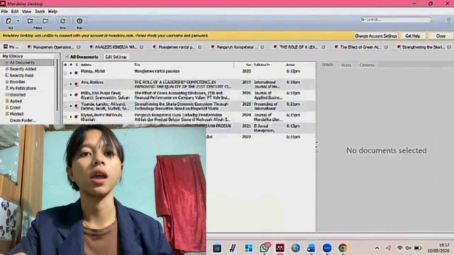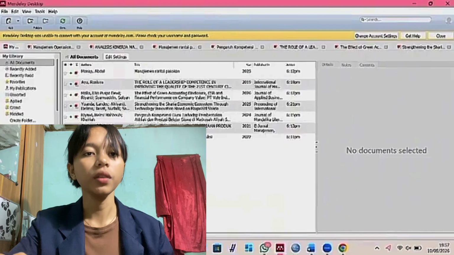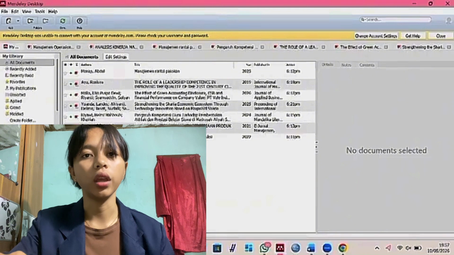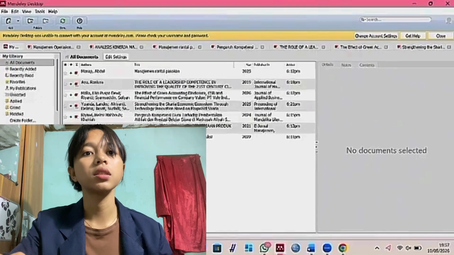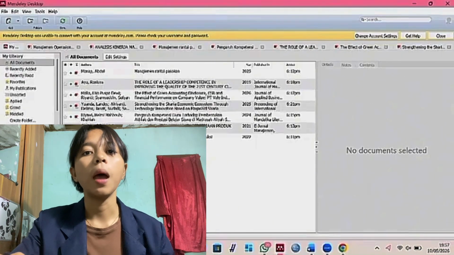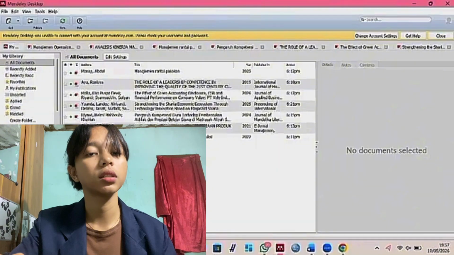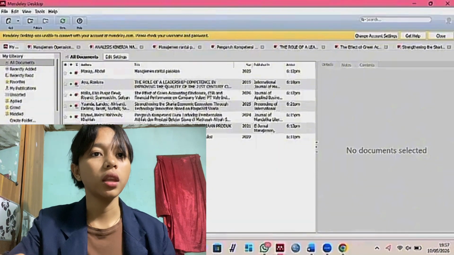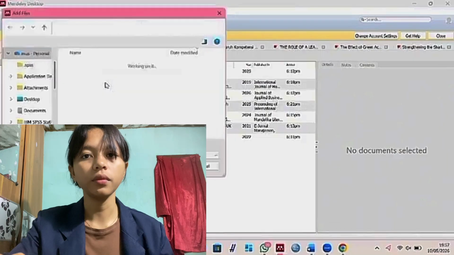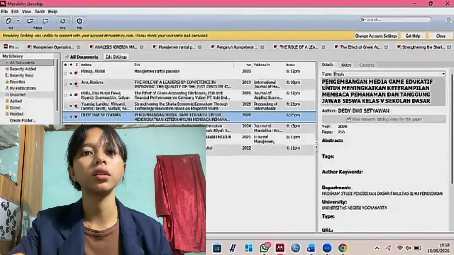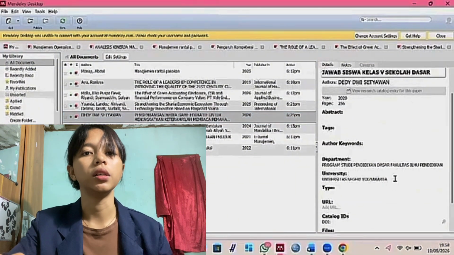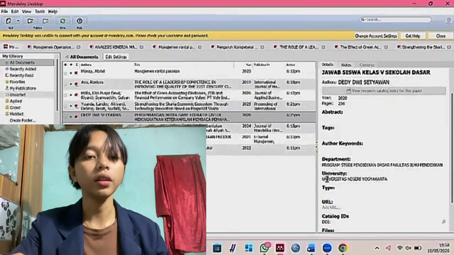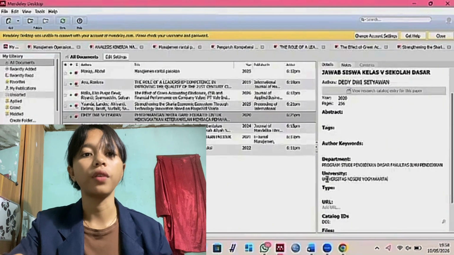We click add new, select the book file, and click open for the file to appear in our library. Now let's check the details in the right-hand panel. Make sure that the type is book. In addition, check the title and make sure that the publisher and year are filled in. Complete the city and edition, along with our citation beside the document file.